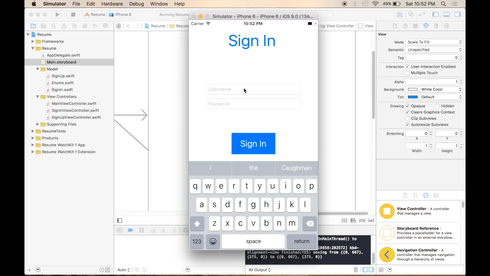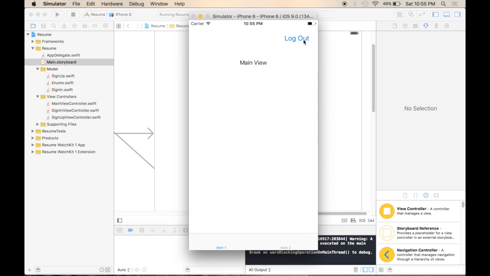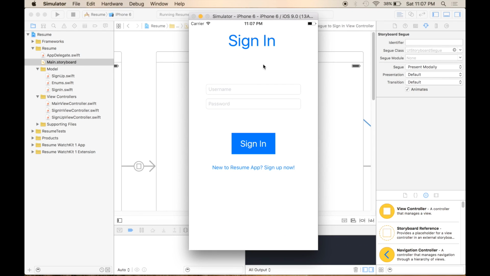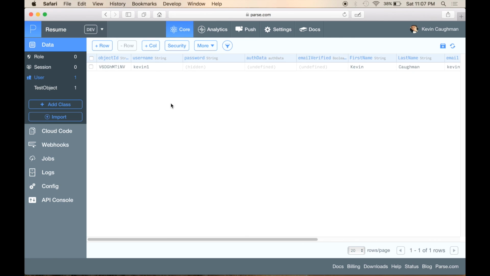So you can go ahead and type in the username and password and hit sign in. So everything's working, so let's go ahead and log out, and I'll show you guys how to check to make sure that the email got sent out, and I'll show you guys how to verify that the user has clicked the link. So let's go back to Parse, and what we want to do is just go ahead and refresh this. So let's hit refresh,